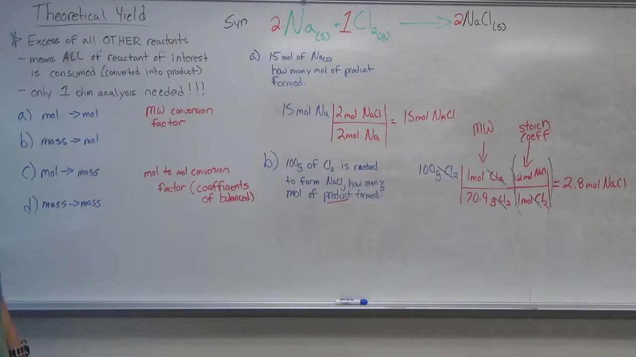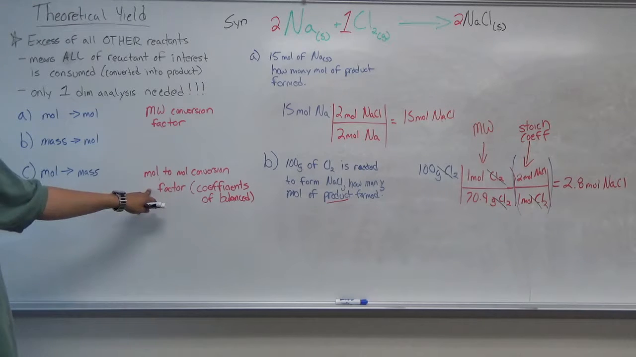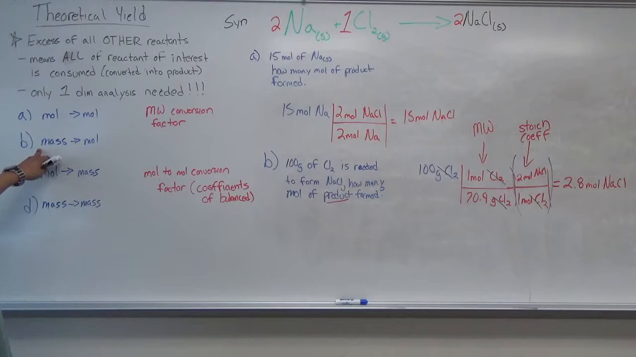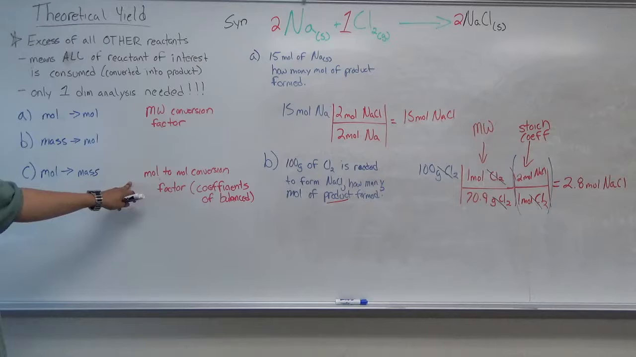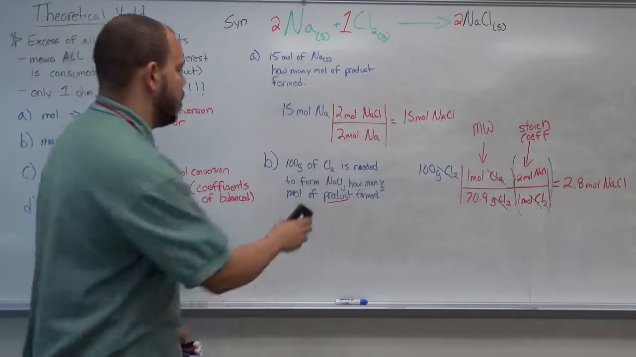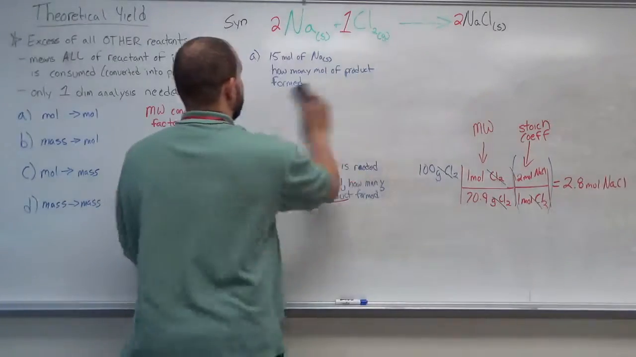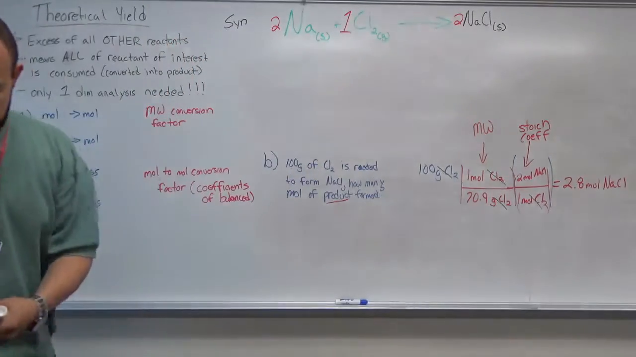Just to be clear, for mass to mole, it's molecular weight conversion. For mole to mole, it's only mole to mole conversion. And then for B, you're going to have to use both. So mass to mole is both. And C, we're going to do next. All right. So C